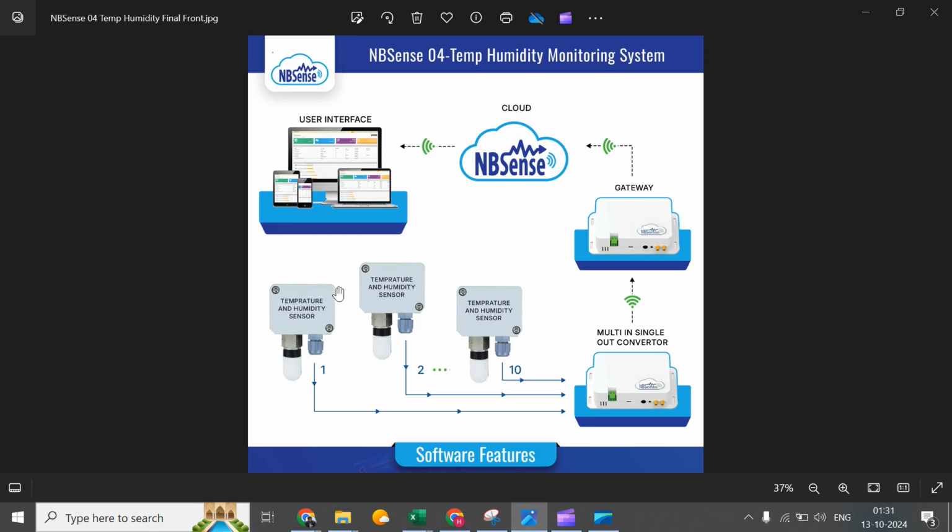So the first component of the system architecture is the temperature and humidity sensor. Either it could be a temperature, or it could be a humidity, or it could be a combination of both, as per the client's or user requirement. So we have to put a dedicated sensor there, and all those sensors get terminated in a multi-in single-out converter,